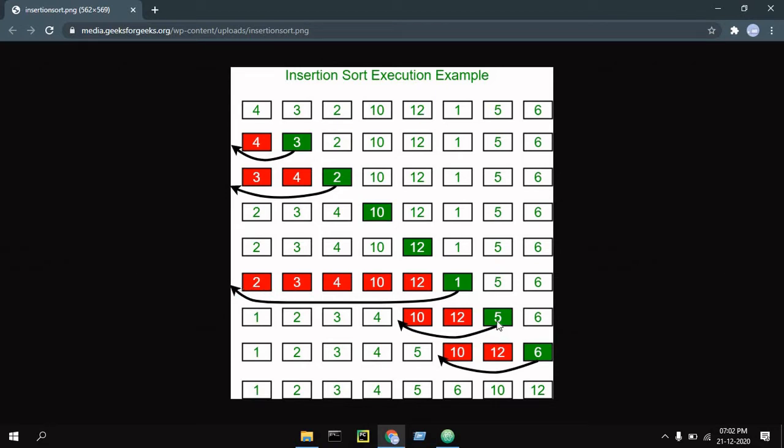Now for 5 you can see that 5 is less than 12, so in this picture it is shown that we will be inserting here after 4, but the method is that the 5 will go to the first and check if it is less than 1. If not, it will go to the second, check if it is less than 2, and so on till it finds 10, and it will check that 10 is greater than 5. If yes, then it will insert here, and the same for 6, and this happens.